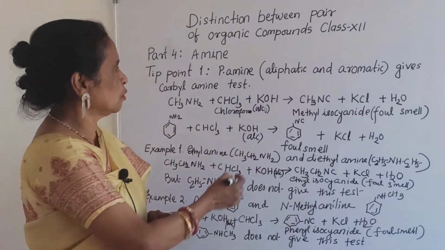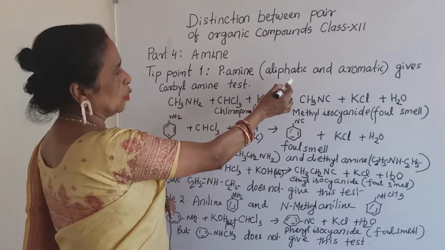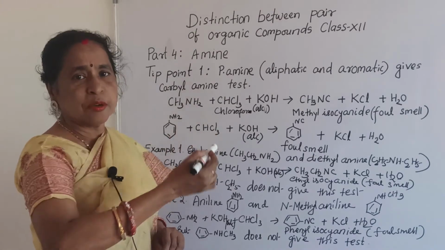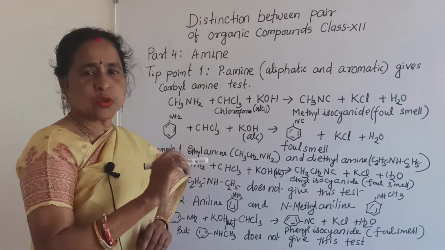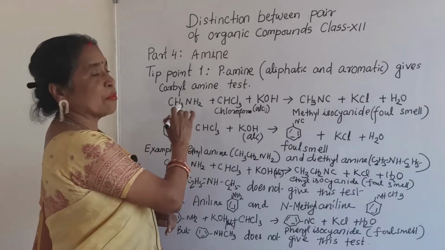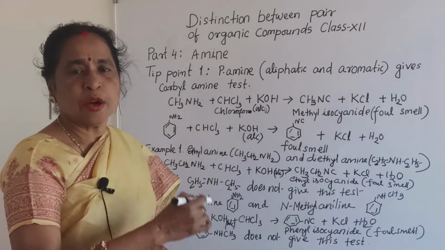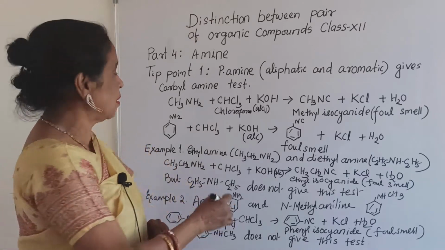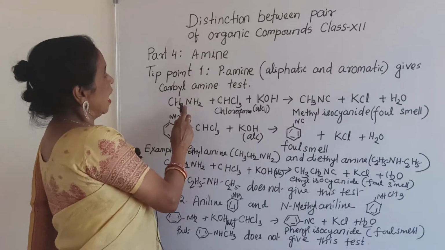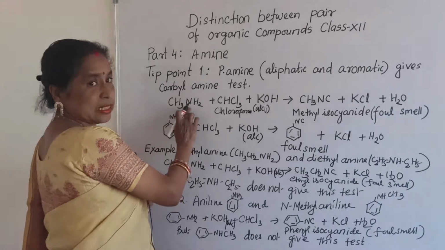If it is attached to an alkyl group, the example is CH3NH2. CH3 means methyl, which is attached to NH2, that indicates it is primary. What is the name? Methylamine, ethylamine, propylamine. They are called primary amines. When primary amine is aliphatic, that is alkyl amine, that is methylamine,